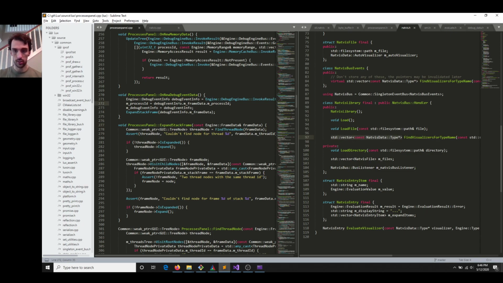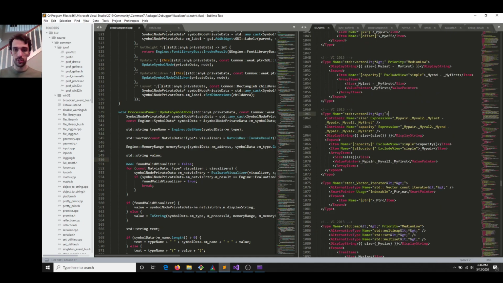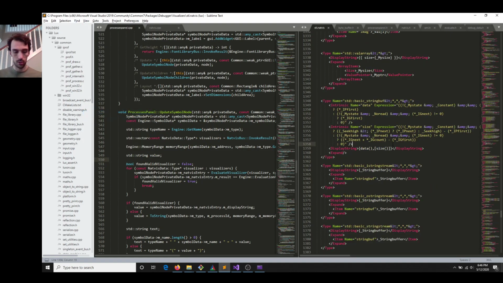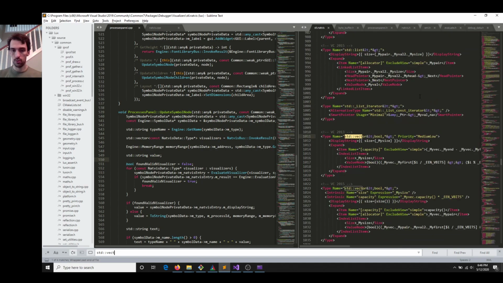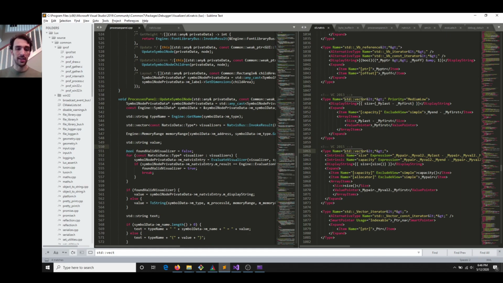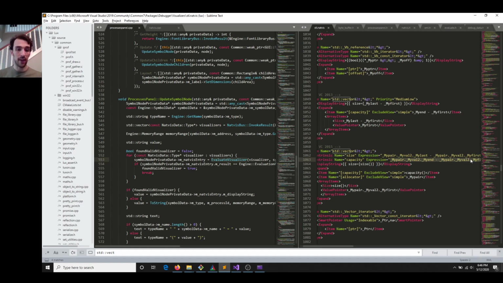And now let's see, find visualizers. Okay, so we have this list of visualizers that match the name, and we have to go through in priority order, because you can see each one has a priority. This one's medium low, the default is medium. So we have to look in priority order and evaluate them. And the first one that can properly evaluate all of the expressions contained therein is a valid visualizer for this